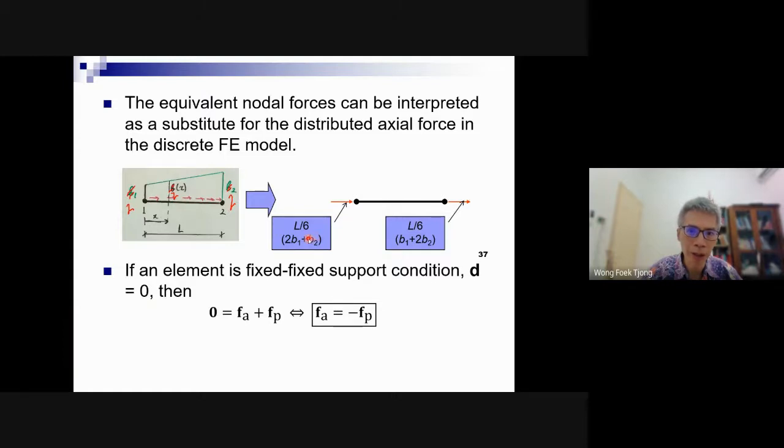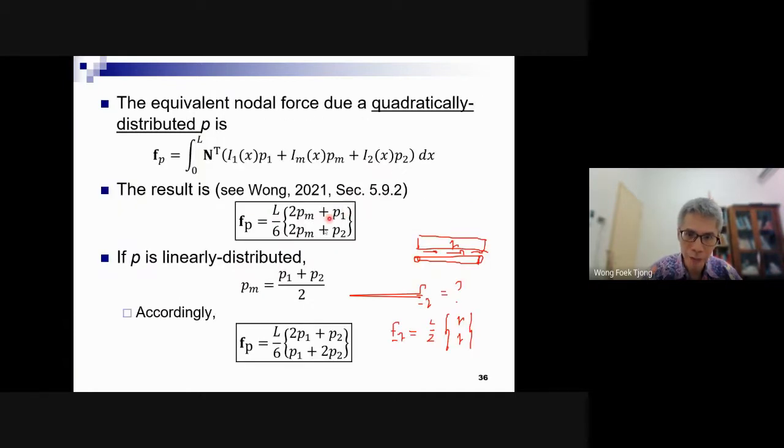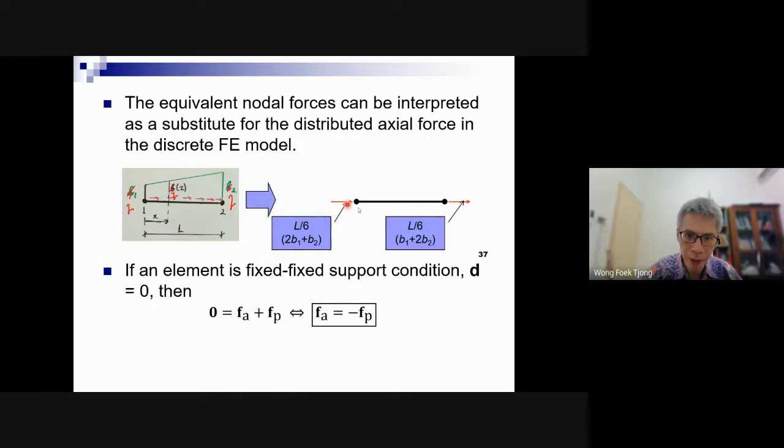So you see that if this distribution is linear, it means during the finite element modeling, the actual distributed force becomes the equivalent distributed force applied to nodes, because this is nodal, right? Nodes with the intensity given by this one, PL/6. This is at node 1, this is at node 2. Okay, that's the interpretation.